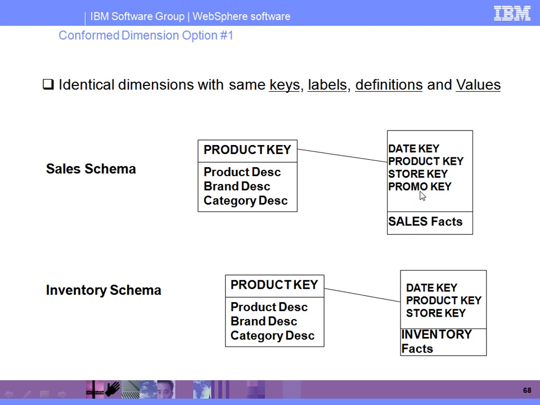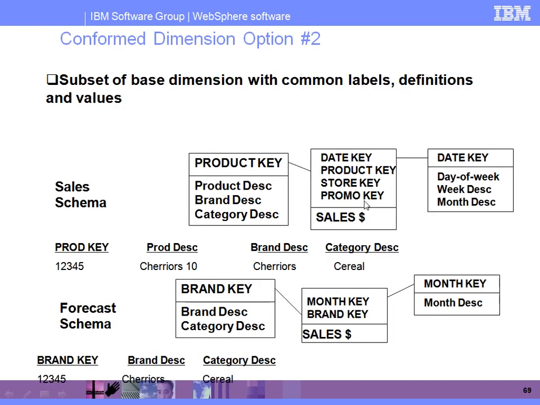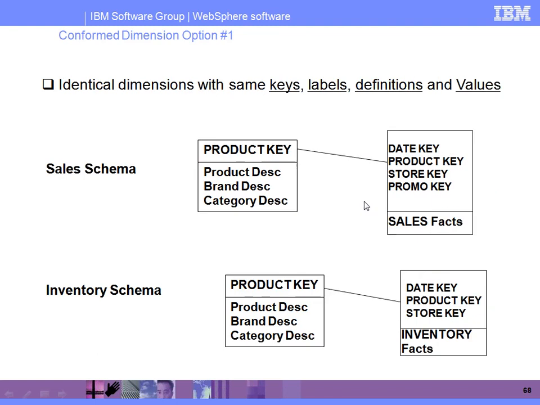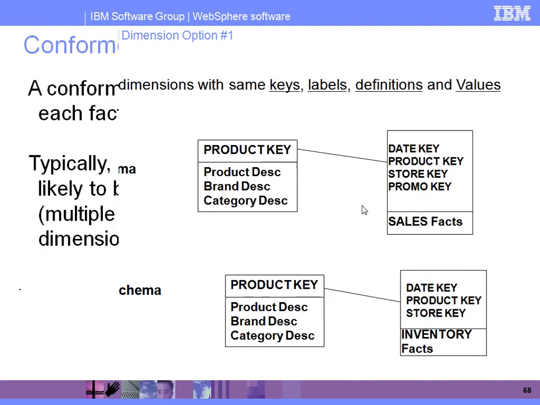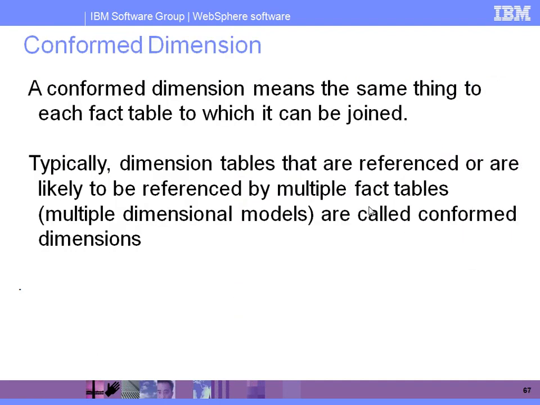We can simply call it a conformed dimension table, because the same dimension table data is used in multiple fact tables. Most dimension tables we have in our warehouse are conformed, because they are going to be shareable by multiple data marts or multiple fact tables in our projects. Right? That is a simple example for conformed. If one particular dimension table's data can be shared with multiple fact tables, I am going to call it a conformed dimension table.